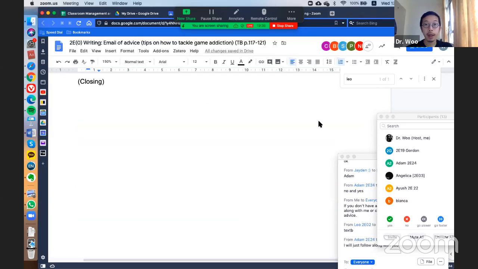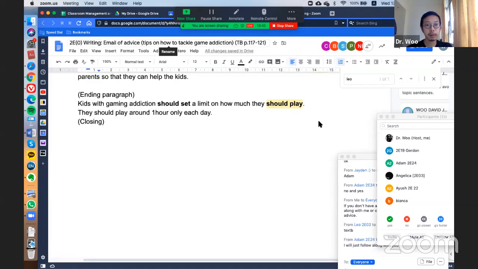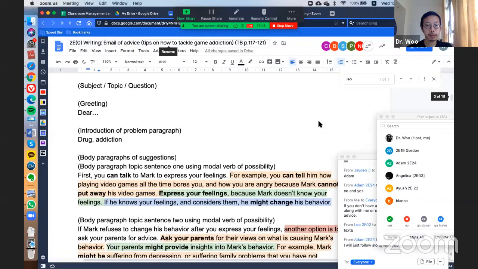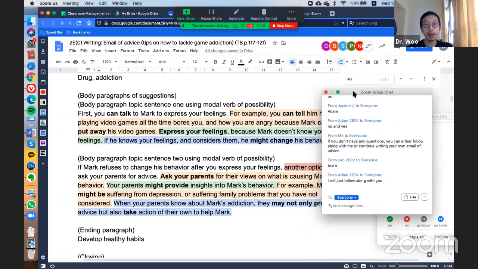And remember, and I'm pretty sure you'll be tested on this, there are different degrees of modal verbs of possibility. So some modal verbs like can indicate a higher chance than might, lower chance. And I'm sure you'll be tested on that on your exam. So again, there are different modal verbs of possibility, and some indicate more possible than others.